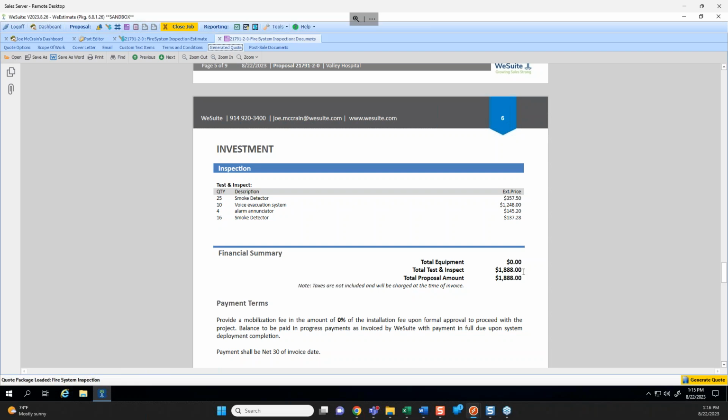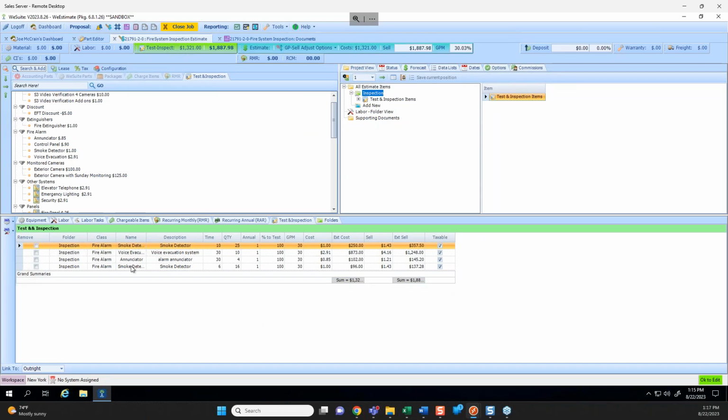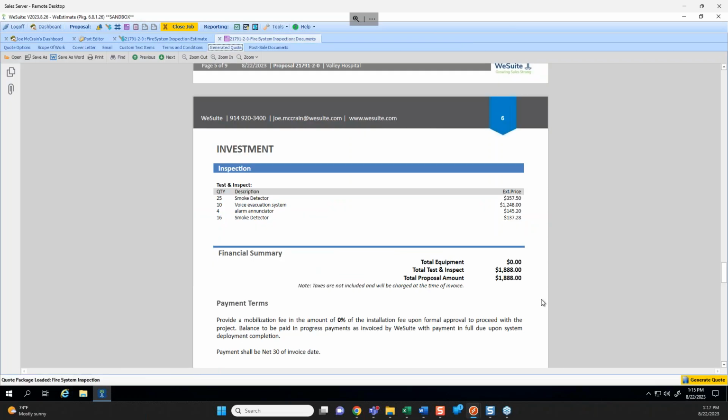Some keep it because they do like the customer to see you're not purchasing any equipment. We're only doing inspection. But that's why you'll see the total for that kind of item type, test and inspect, and then the total proposal is the same because, again, there's nothing else on this job but the inspection. But if you did have inspection plus equipment plus labor and other recurring services, everything would line up as per usual, but then you would see inspection as an outright in this case. If I flip it to recurring and we regenerate,